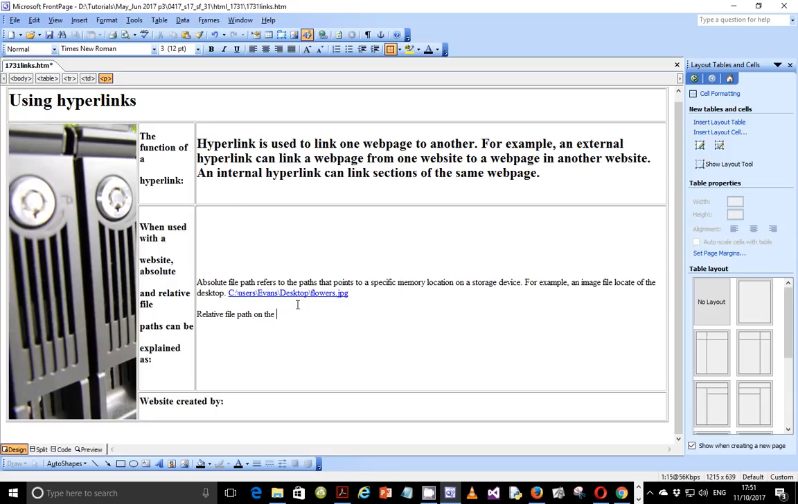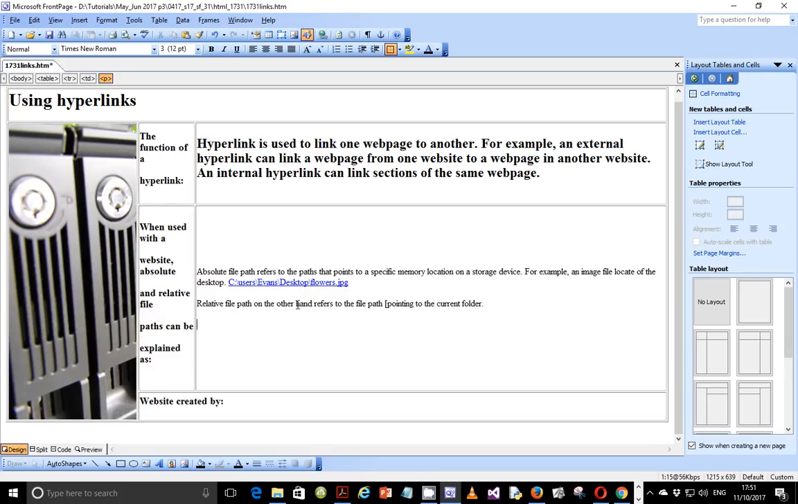on the other hand refers to the file path pointing to the current folder or work area, if you want. So the current folder. Okay, so that is relative file path. Now the difference that you find between these two is that if you uploaded, for example, a file